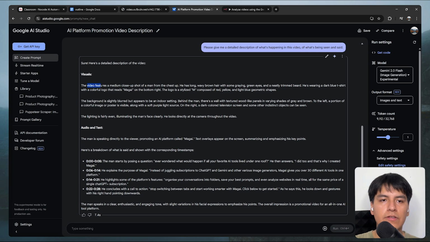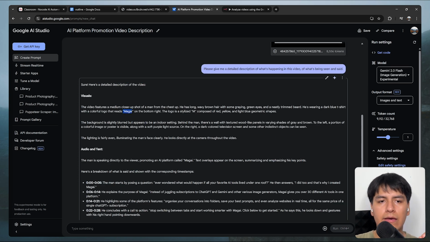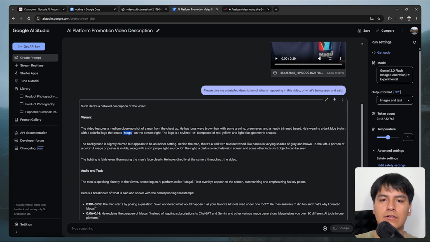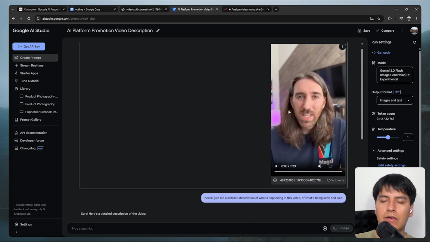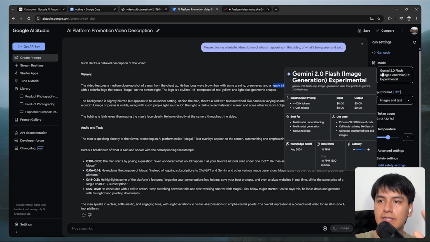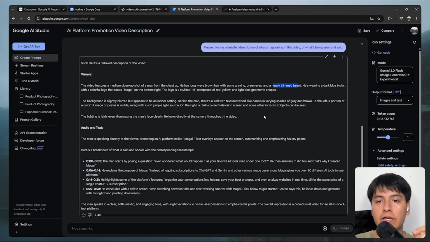perfectly. So it says that the video features a close-up shot of a man from the chest up, that he has a Magi AI text on his shirt, which is this one, Magi. It also says that he has long wavy brown hair and a neatly trimmed beard. And of course that's correct as well. And then it also just gives out the transcription with the timestamps. And yeah, this works amazingly, and this is the exact model we're gonna use for the API